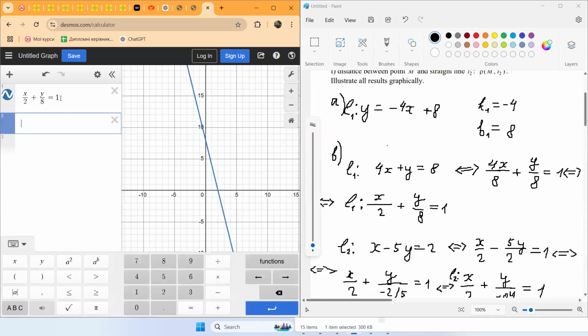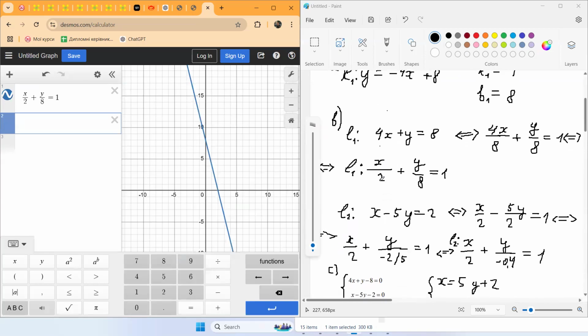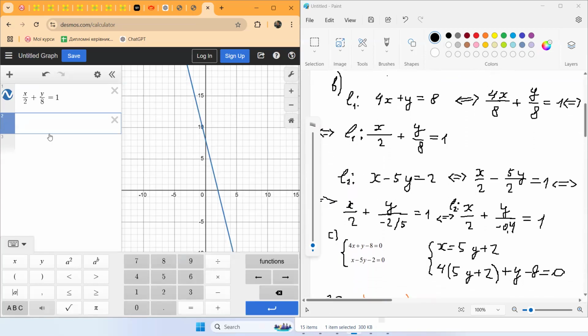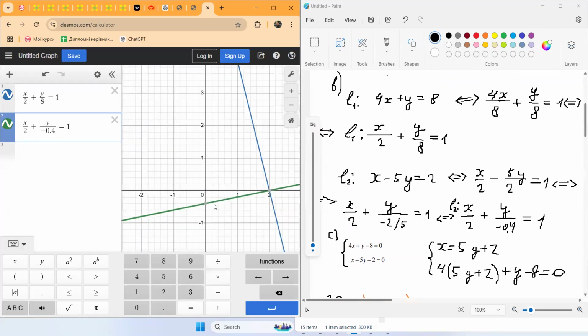They match. Everything is all right. Then x/2 + y/(-0.4) = 1. So here we received the